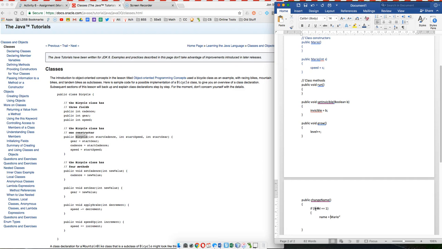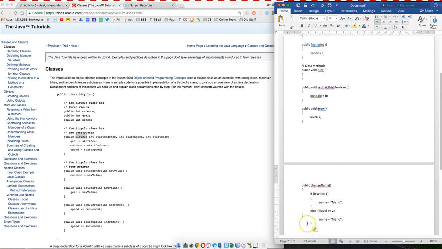And if level equals 2, then maybe his name becomes Super Mario. And we can give him more names depending on his level. Maybe we can make Flower Mario and stuff like that.